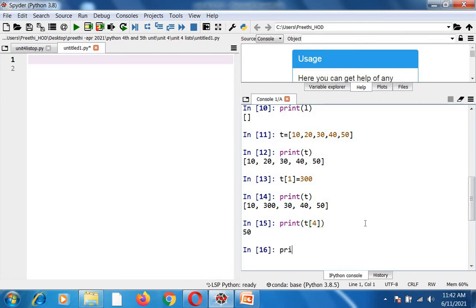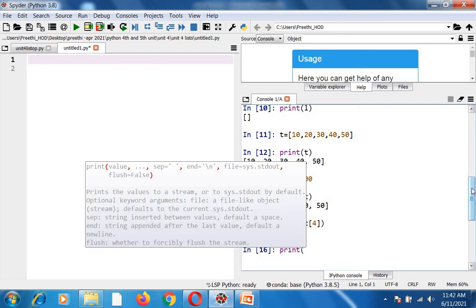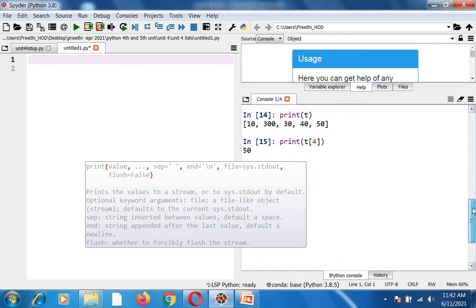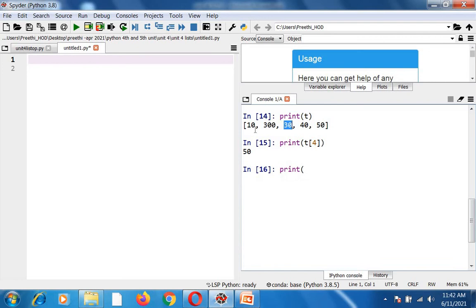When I want to access the 30 element, what is the index for 30? It is 0, 1 and 2. So t of 2 will give you the element 30 on screen. Is it okay, students?